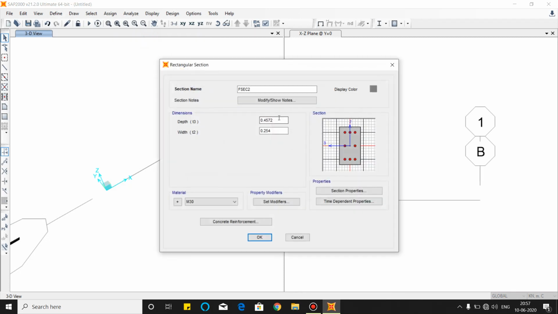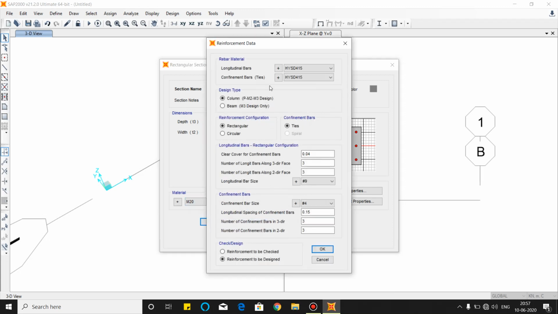Now we will define the section properties. This is the frame section, and add new property. We will use a concrete section, rectangular. Okay, this 0.5 meter depth, 0.3 meter width.